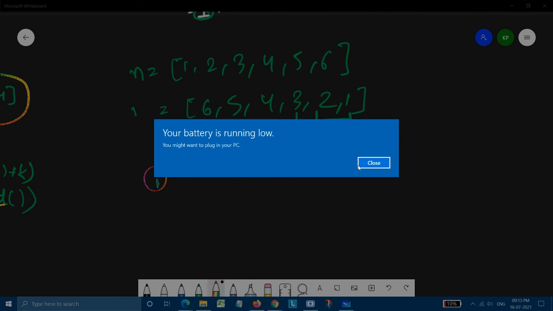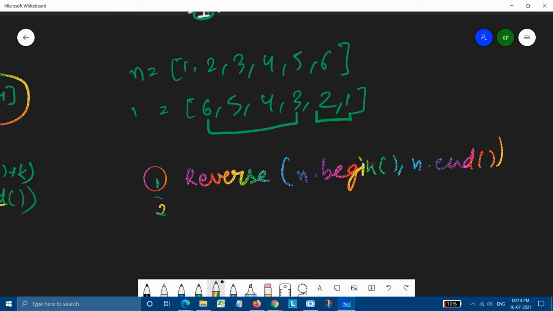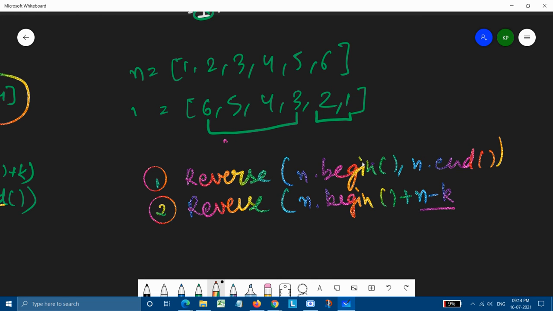first reverse n dot begin, comma n dot end, and the second part will be reverse n dot begin, but with this part added because these are n minus k elements, and it will go till this, but the starting part will be simply n dot begin only because we are starting from the start itself.